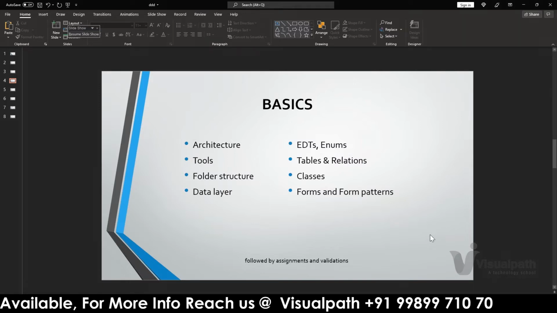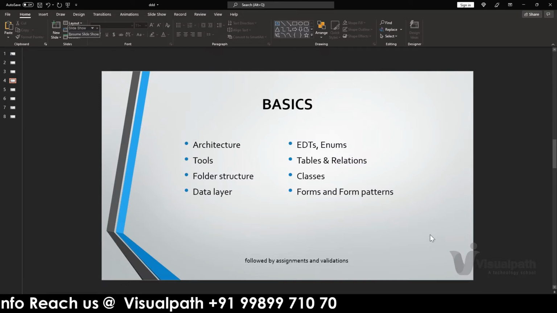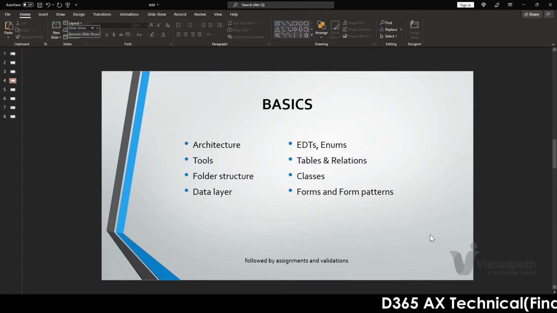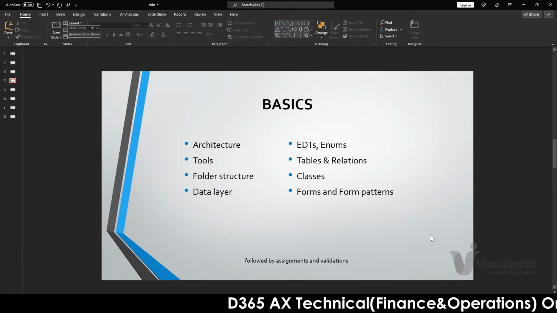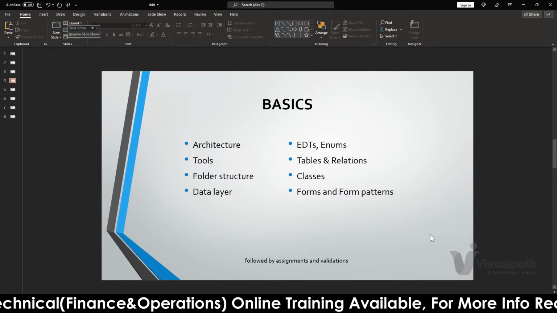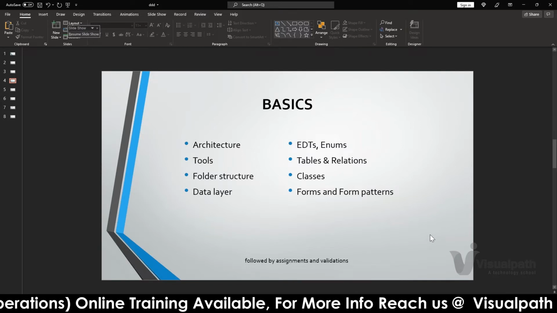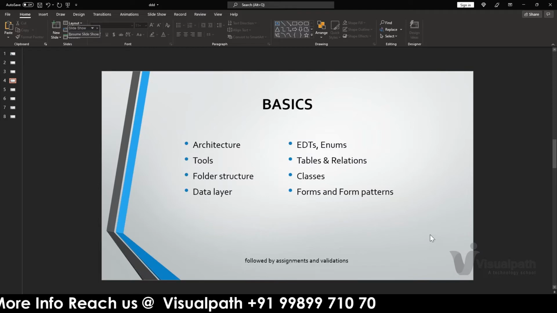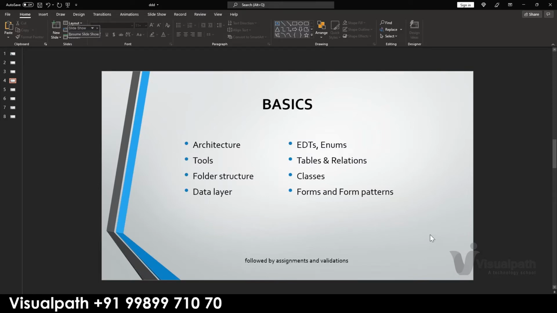We'll also cover the tools we can use while working on D365, like Visual Studio, SQL, the Azure cloud base, and the LCS tool. We'll deal with the folder structure, how the files are saved whenever we create an object using Visual Studio, and the EDTs, enums, and so on.